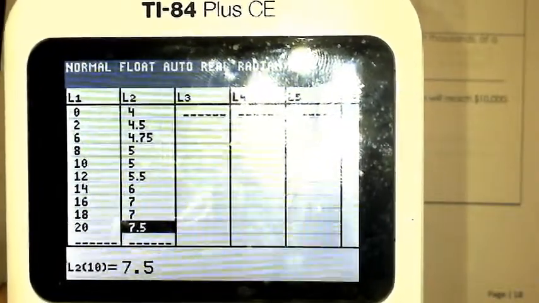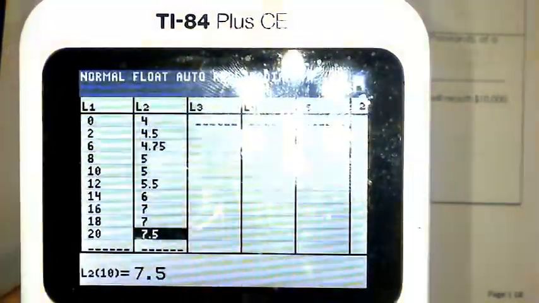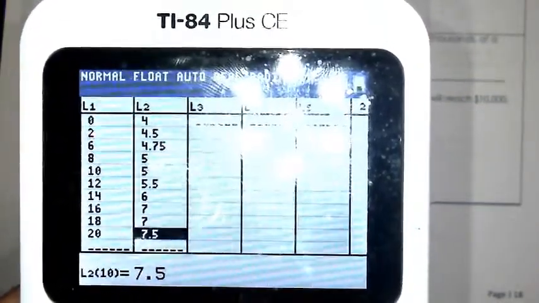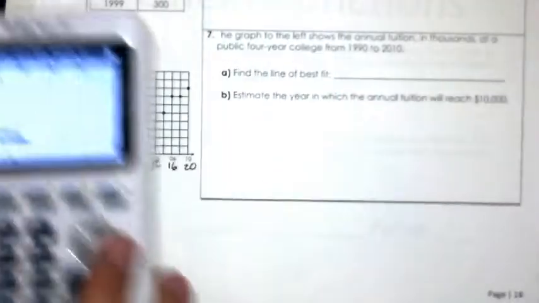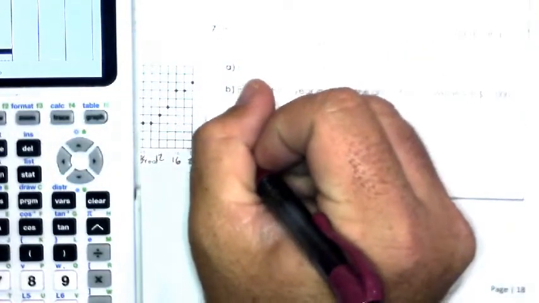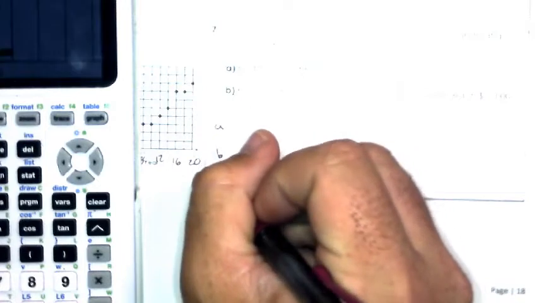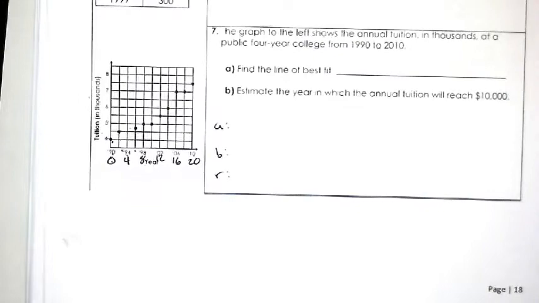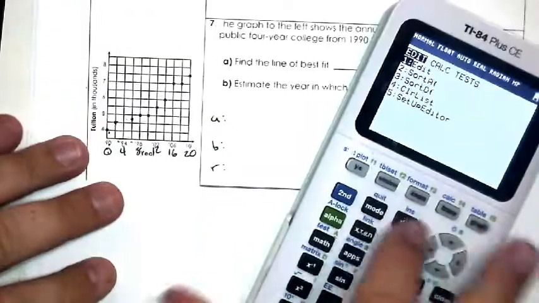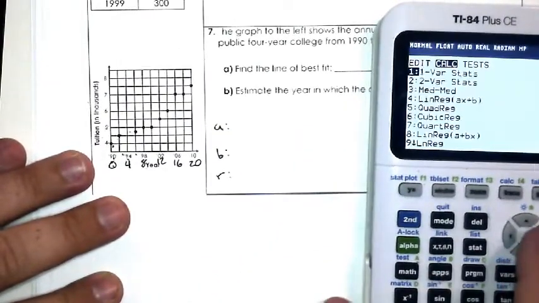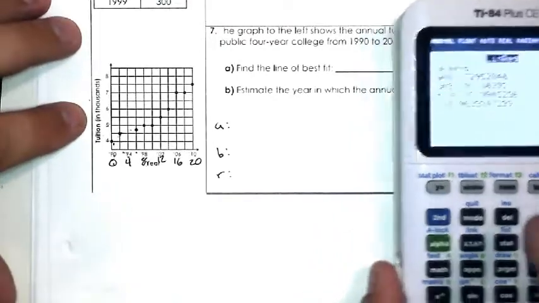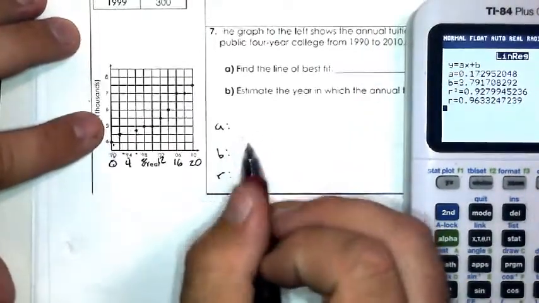Okay, so what are the three things we're looking for? A, B, and R, right? Okay, A, B, and R is what we're looking for. So I'm going to hit stat, stat, go over to calculate. What selection? 4, thank you. No one said anything, but I said it anyway. We are rounding to the hundredths. So I have a slope of 0.17. I have a y-intercept of 3.79, not 3.8, because we're rounding to the hundredths. And then I have a correlation of